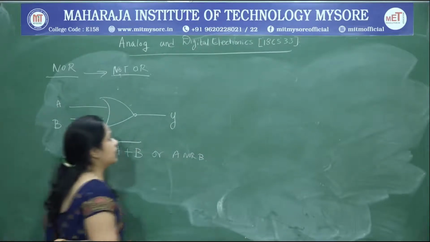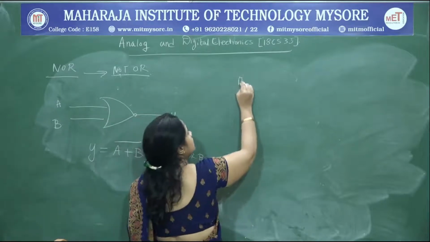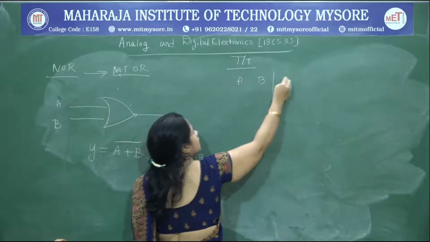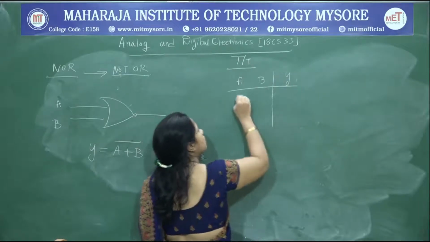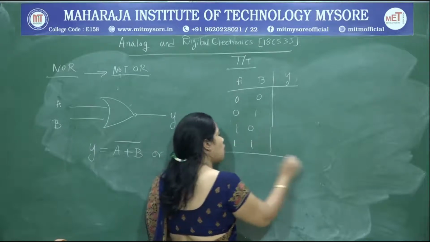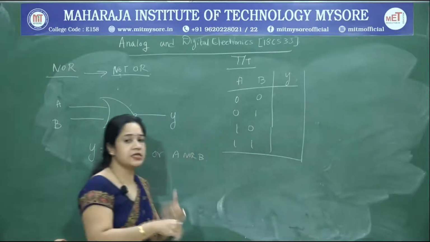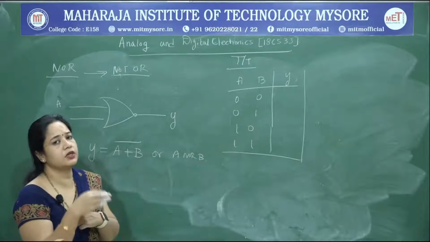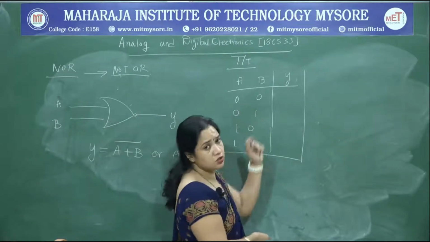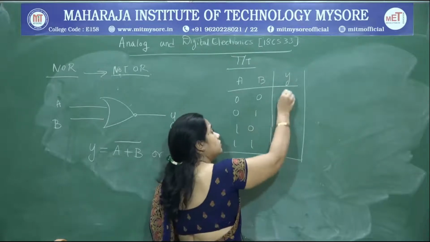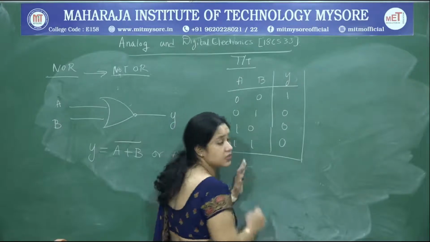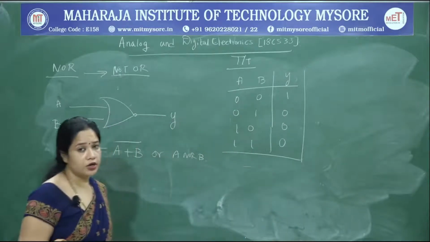So, if I again write the truth table, A, B are the inputs and Y is the output. All possible values are 0 0, 0 1, 1 0, 1 1. So, what NOR does is, it says no to an OR gate. So, whatever the output of OR is, it is going to be inverted. So, you are aware 0 0 was a 0, now it is going to be 1 and rest of them are going to be 0. So, this is the truth table for your NOR gate.